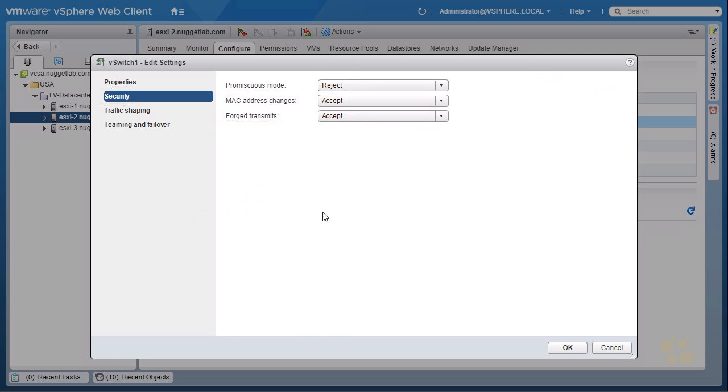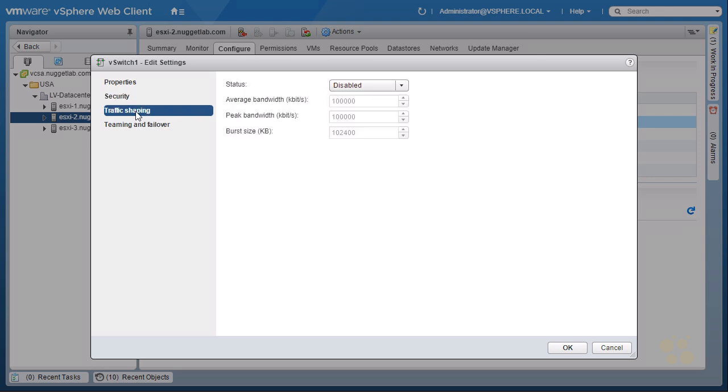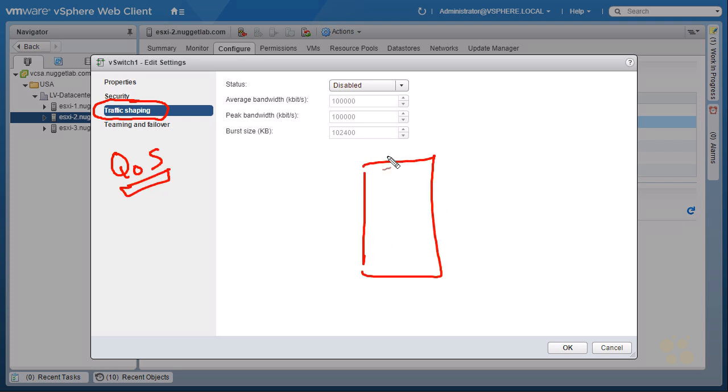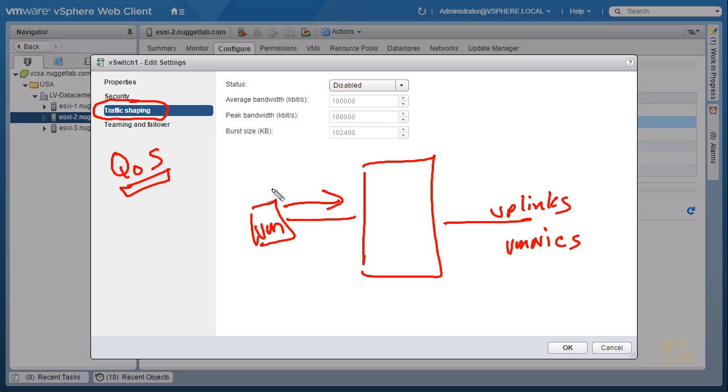Our next set of policies for the switch are traffic shaping policies. So when we think about traffic shaping, it's in a category called quality of service. And quality of service, if we look at the topology here, we have our switch in the middle, we have our VMs on the left, and we have our uplinks on the right. And with traffic shaping, it's regarding traffic that is outbound, leaving the VM, going into the switch, where the switch is enforcing the policy. So for example, if we had our VMs on this switch and we wanted to kind of tone them down a little bit or limit them on how much traffic they could send in,